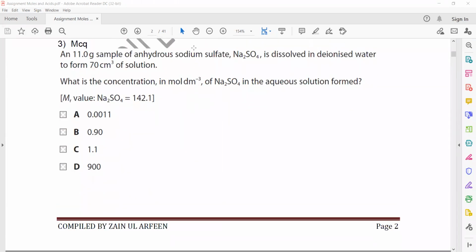In question 3, an 11 gram sample of anhydrous sodium sulfate is dissolved in deionized water to form 70 cm cube solution. What is the concentration in mole per dm cube for sodium sulfate in the aqueous solution which is formed? So we have 11 grams of anhydrous sodium sulfate. The molar mass or relative molecular mass of sodium sulfate is given as 142.1. So first we'll find the moles. So moles equal mass in gram